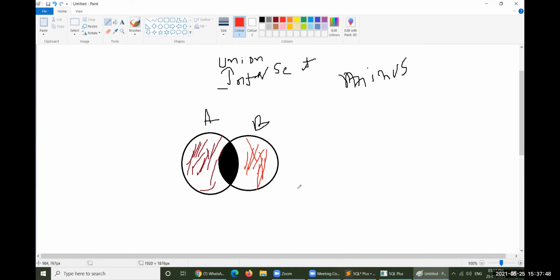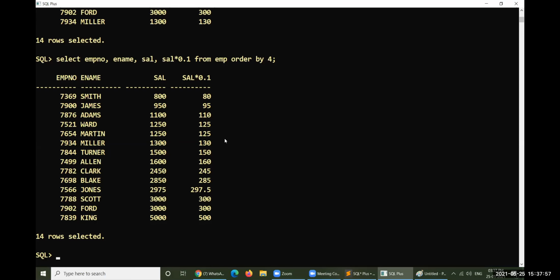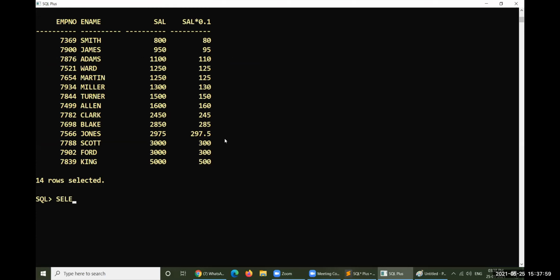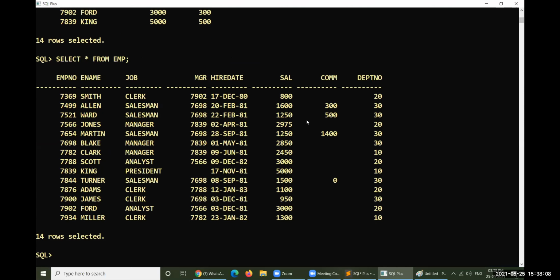So finally, if you want to operate set operations, you need to have two different sets with you. Let me operate the first set. Look at this particular table, EMP. I am selecting this table to explain everything here. It has been given in a proper way. Look at this: department number 20, department number 30, department number 10. Three departments are there. Let me consider each one as a particular set.